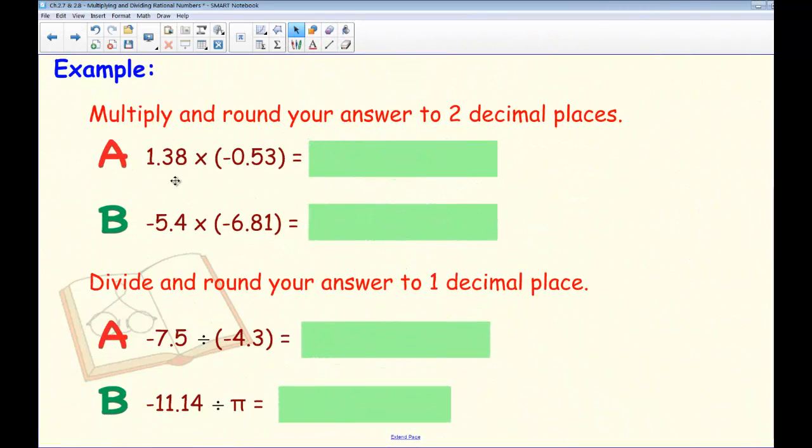Alright, so in the first question, you're asked to multiply and then round your answer to 2 decimal places. So in the first question, A, it says 1.38 times negative 0.53. So in this question, because you have a positive times a negative, you would assume that your answer will be a negative. So when you punch this in your calculator screen will show negative